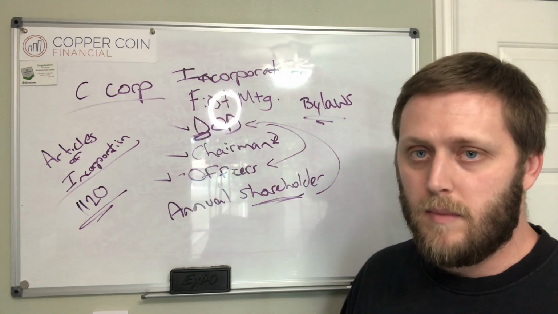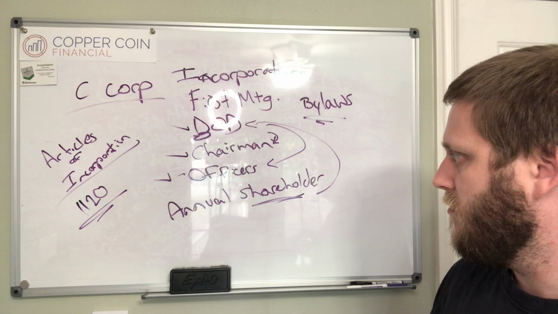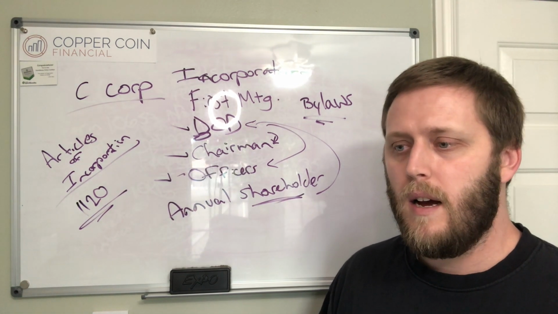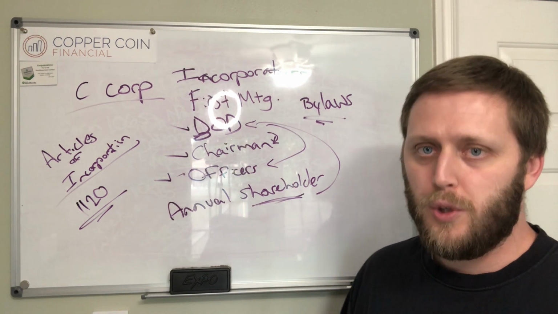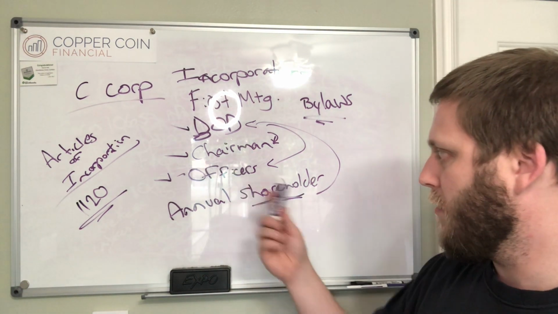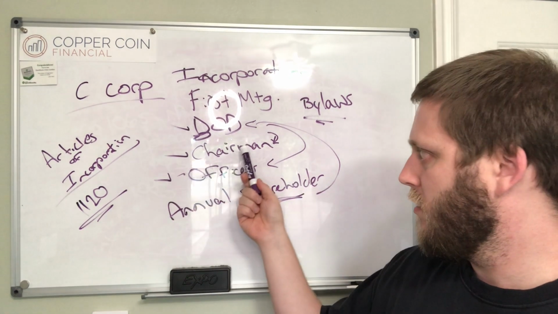Sometimes they can be really vague, sometimes they can be very specific. I don't know of anything that necessarily can't be in there, but there are a lot of recommendations of what should be in there. Who can be directors, who can be the chairman, things like that,